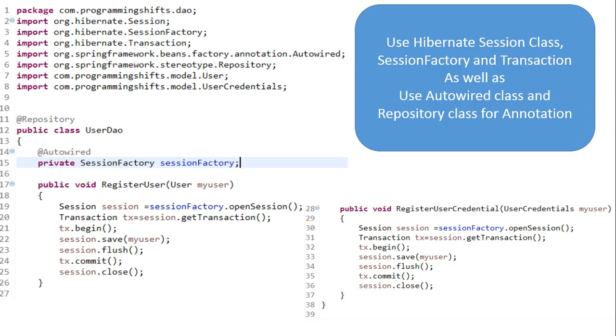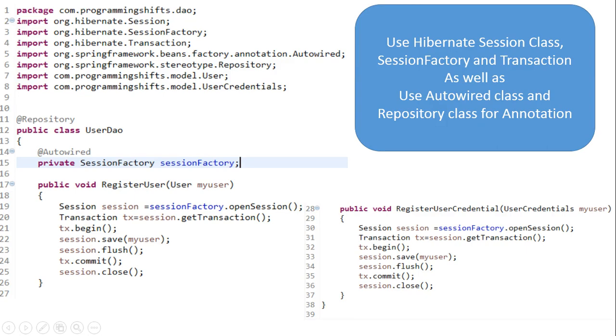You need to write @Autowired before a session factory so that user register, update, and delete functions can be written in the DAO class. Initially I have started with two methods, register user and register user credential. Register user contains the model class user, and we need to pass three things.